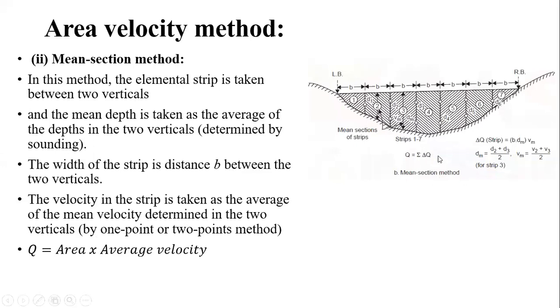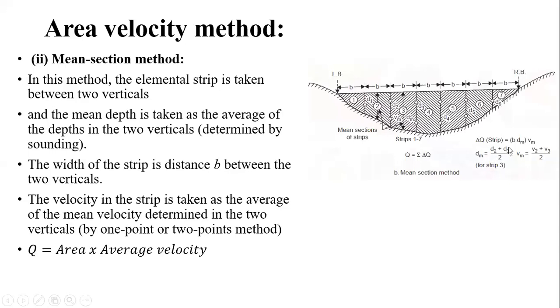Okay, here some calculations are shown over here. Q will be summation delta q, means delta q will be this delta q, delta q, delta q, likewise. So summation of all those delta q's will be the total q. Then the delta q of a strip, means the discharge of a particular strip, will be area of a strip into velocity of a strip. It is a b, width into mean depth into mean velocity. Okay, so simply mean section method में remember क्या करना है, velocity और depth are taken as a mean, whereas in a mid section method only velocity is taken as a mean, average velocity, whereas the depth is taken exactly at the center of the particular segment.